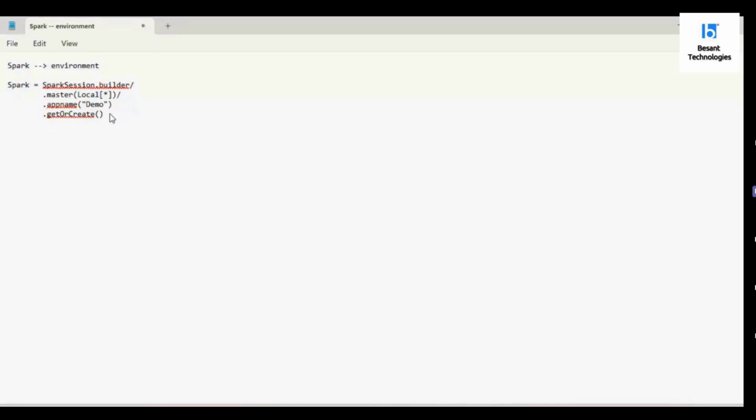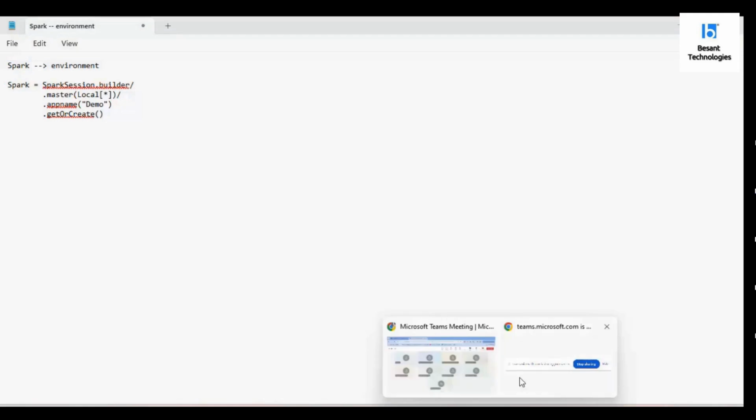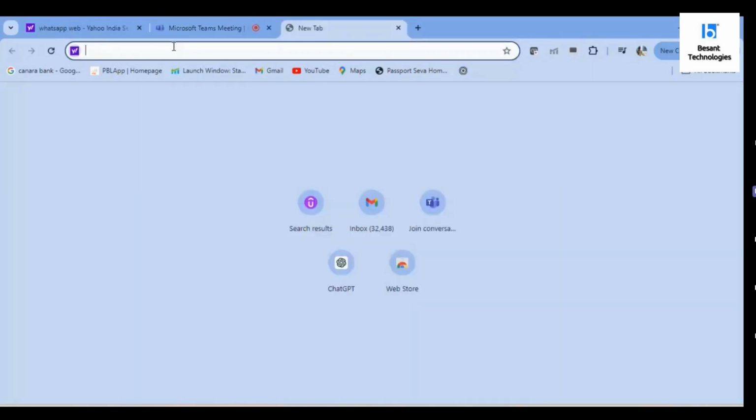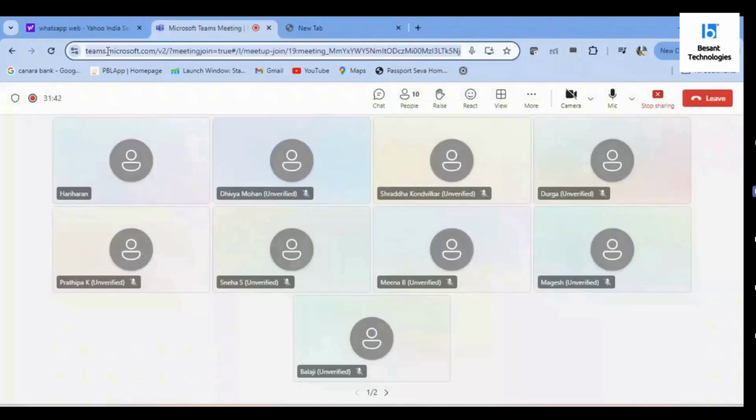The main criterion is that you might have heard the term cache. Cache is nothing but, whenever you access a website or something very frequently during the process, that result is stored in the cache memory. I'll show you one example here. Just a minute. If I try to access the same link again,